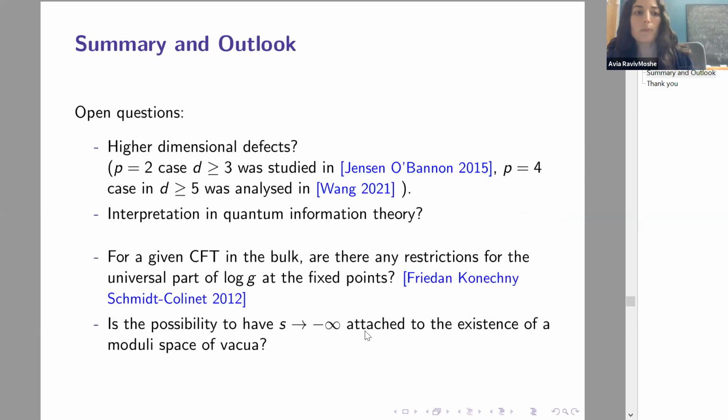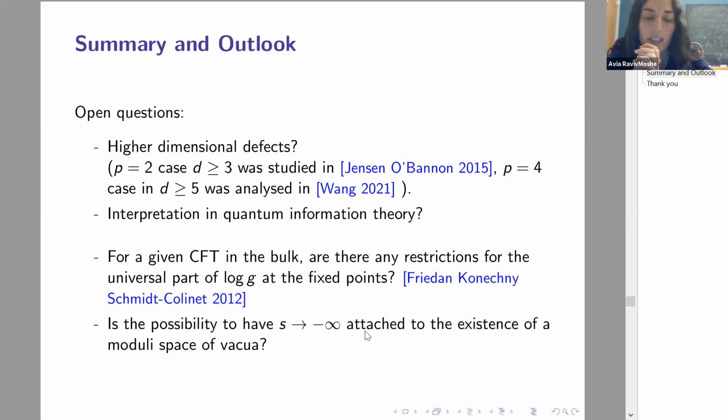Now, there are many open questions left for the future. One obvious question is, what about higher dimensional defects? Can one extend similar proofs for the cases that are not yet solved in the literature? So in this context, I will mention that for two-dimensional defects that are put inside a bulk that is in 3